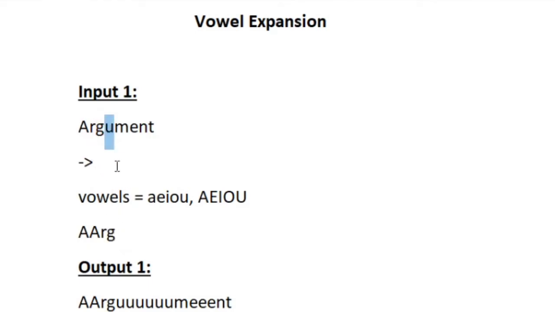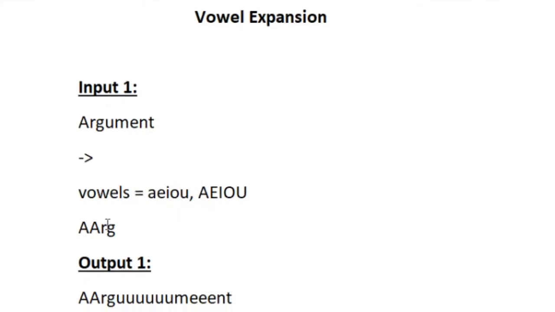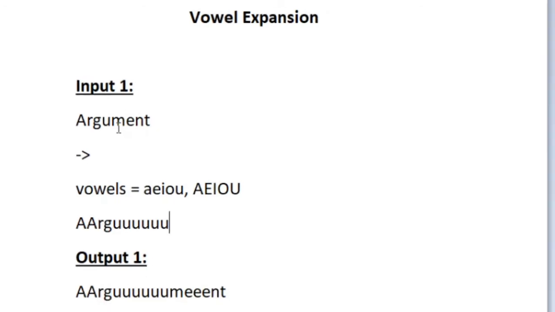And then U. U is a vowel and it is the fifth vowel. So we have to repeat the character U for 5 times. Totally there will be 6 U's in our output because the one U is from the given input string itself. So we print U for one time and then we repeat U for 5 times according to the question. So we print totally 6 U's in our output. And the next character is M. M is a consonant, so we print it only once.